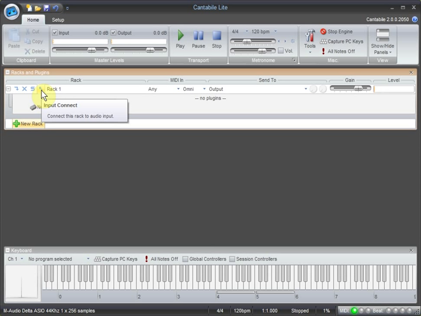In this case, this one says Input Connect. So I need to select that. And basically, now what I've done is I've just connected the sound that's coming into the program to this particular rack. So when I play my keyboard, now I can actually hear the sound,